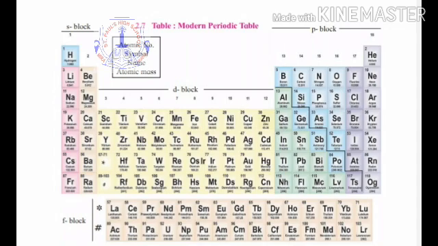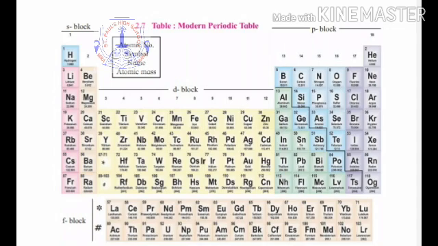The fourth period begins with potassium, and the fifth begins with rubidium. These two are long periods consisting of 18 elements each. Then the sixth period, beginning with caesium, is the longest period, consisting of 32 elements. From atomic number 57 to 71, this green box, the elements are written separately down in one series called the lanthanide series. Because they could not be fitted in the sixth period, they were placed separately at the bottom of the periodic table as the lanthanide series.